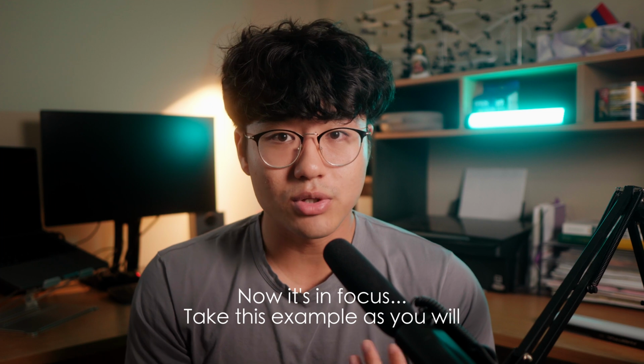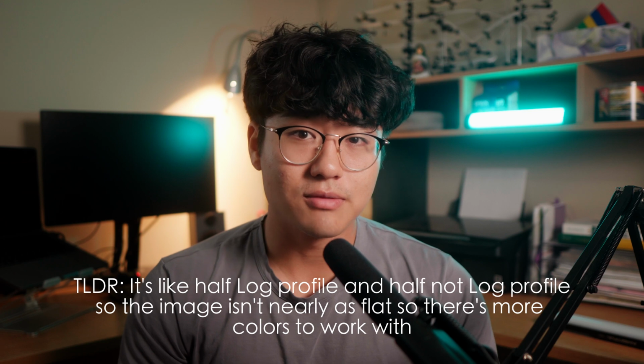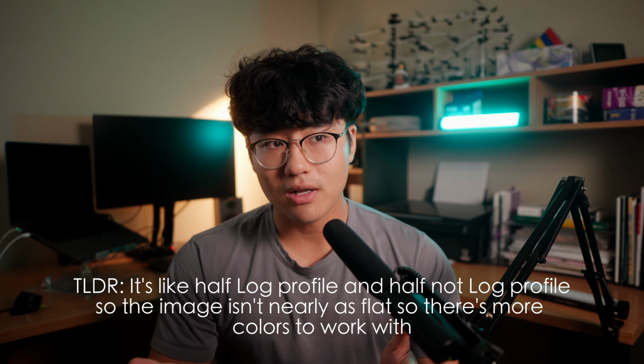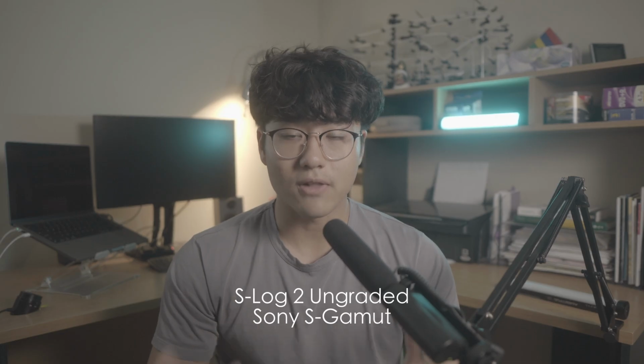So it's pretty reliable. One other advantage that the ZV-E10, the Sony a6400, and the a6600 have are HLG profiles. Basically, it's combining the best of both worlds where you have the log aspect in the profile. The reason why you want to shoot in log is because it gives you more dynamic range. But the downside of that is log profiles tend to be more flat. When you're color grading the images, you're going to have to bring back those colors that weren't there straight out of camera. And because of the 8-bit depth that you are working with in these cameras,